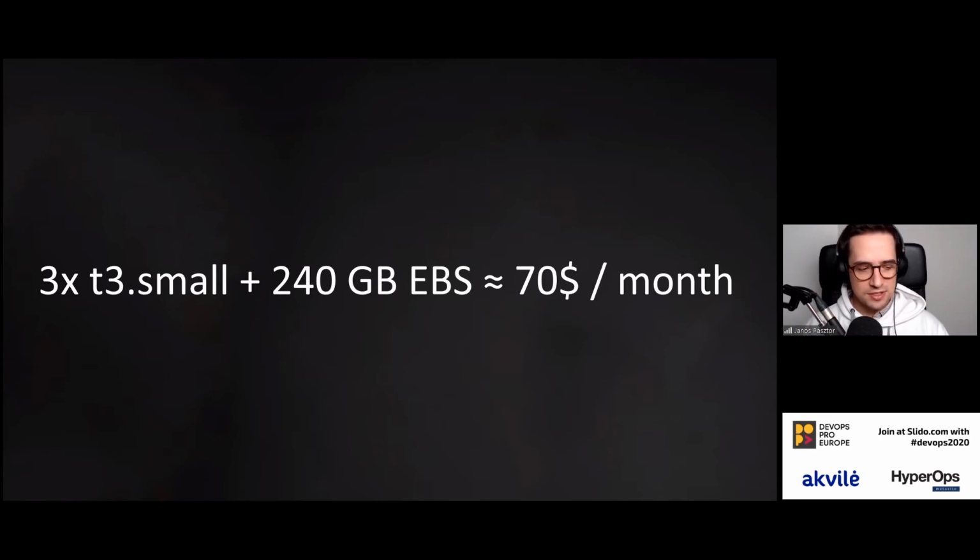And the T3 instances are actually a little bit of a problem because they're bursting instances. So I have to do all kinds of monitoring there. And in general, if you want a production grade environment, you probably end up investing into something much more expensive, which might not be a big problem for a big company. But if you're a small company, you're a dev shop, you're doing some internal development, then running this HA setup